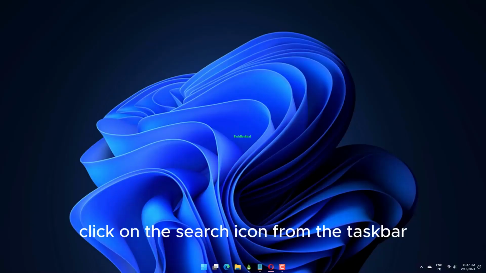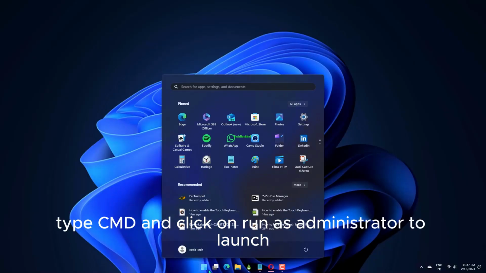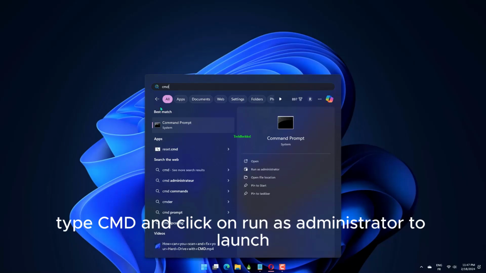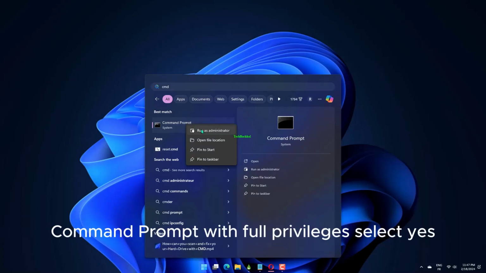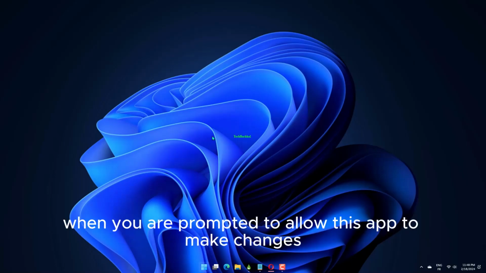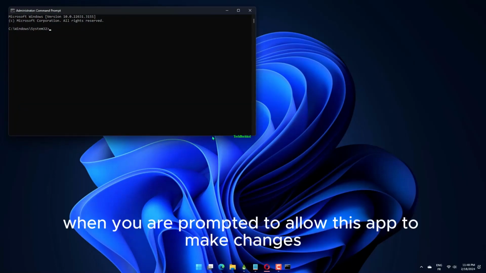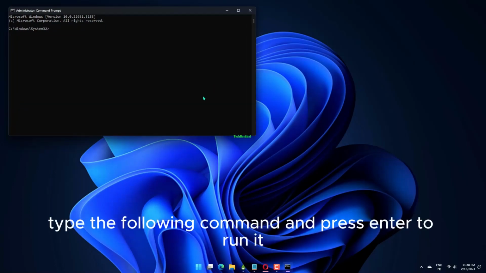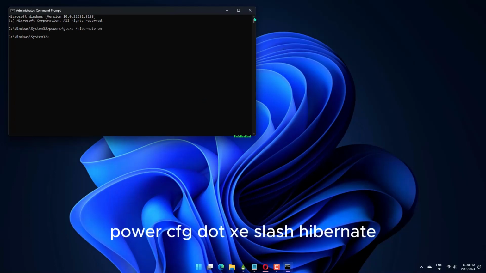Click on the search icon from the taskbar, type CMD, and click on Run as administrator to launch Command Prompt with full privileges. Select Yes when you are prompted to allow this app to make changes. Type the following command and press Enter to run it. powercfg.exe /hibernate